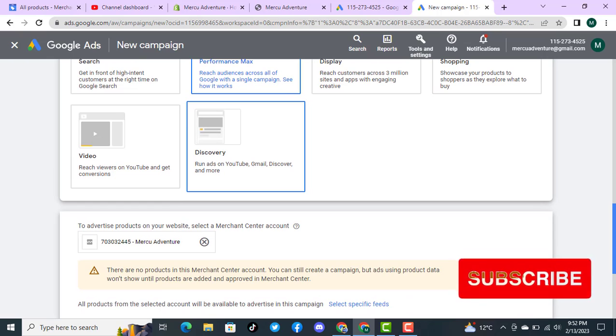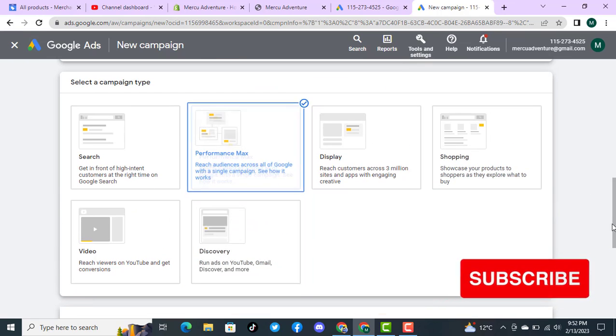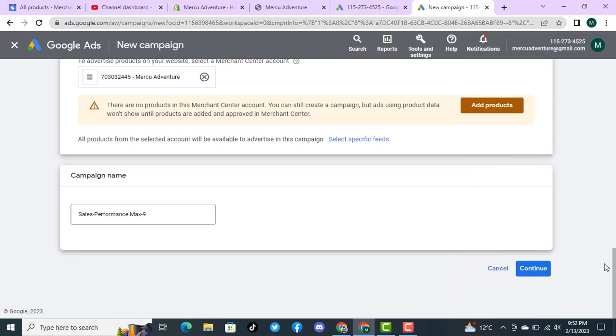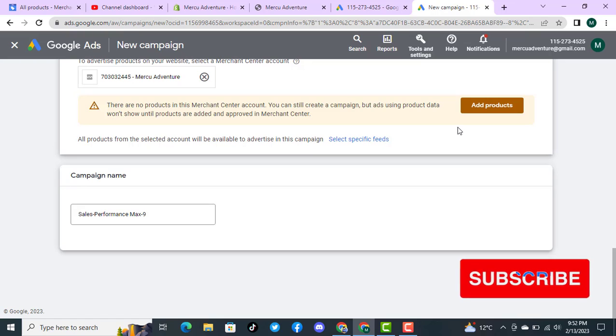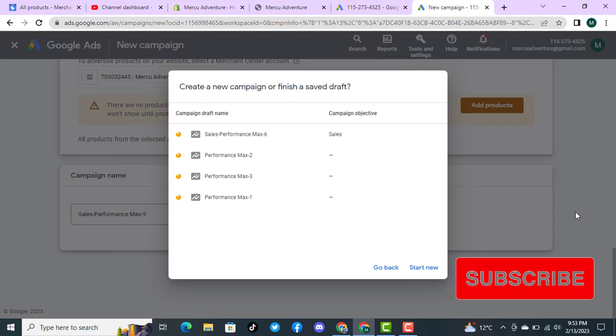After selecting Performance Max campaign, you'll see your Merchant Center here, and you can also add specific products. Then you can give the campaign a name of your own choice and click on continue. And then in the objective,